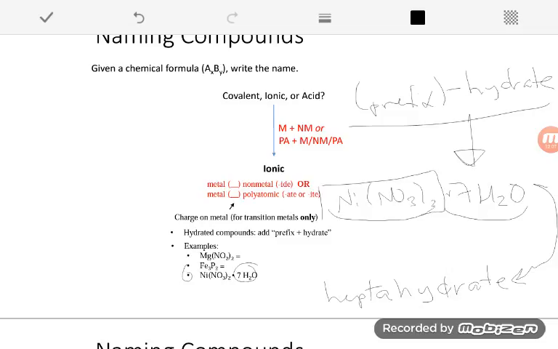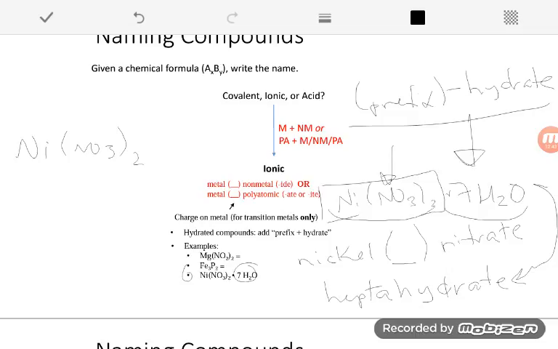So now let's go up here. We say, okay, Ni, I'm going to name my metal. That guy is nickel. Nickel is a transition metal, so I'm going to leave a parenthesis and go back and fill it in later. I only have to do that for transition metals. And now I see NO3, that is the nitrate ion. It's a polyatomic, so I don't change the ending, I just leave it as is. So I have nickel something nitrate, heptahydrate. And now I just need to figure out this piece. I'm going to do the same thing I did before. I have nickel,